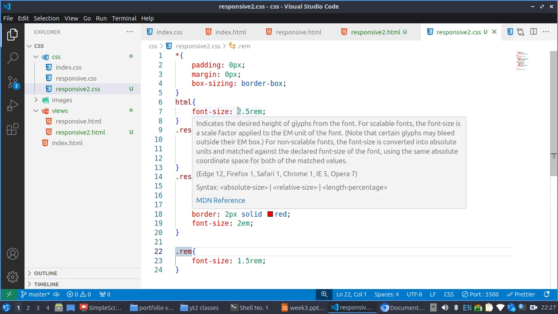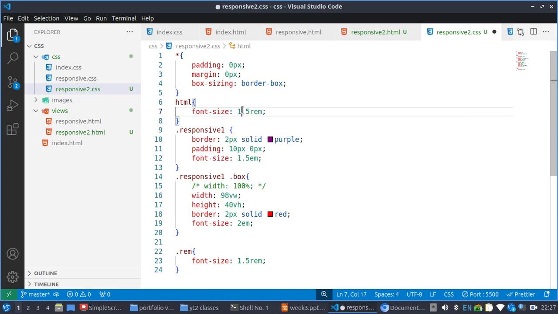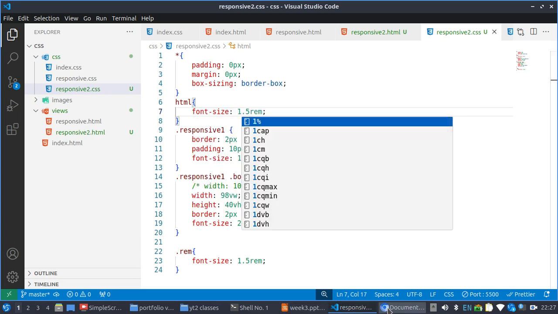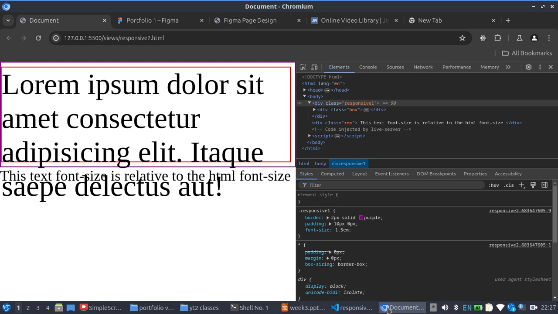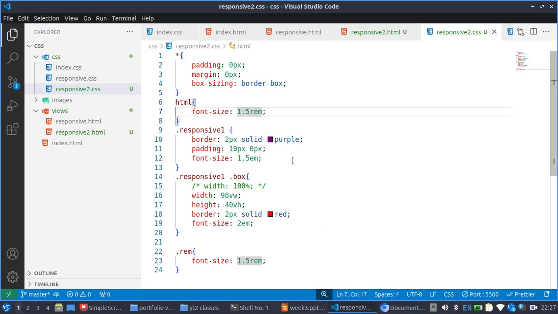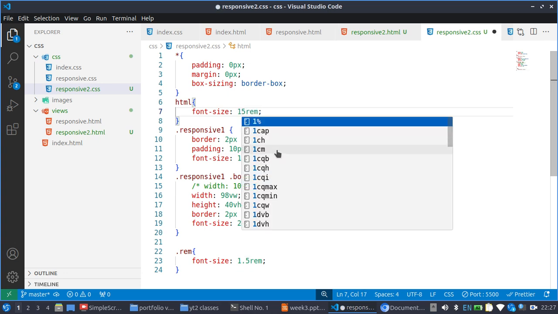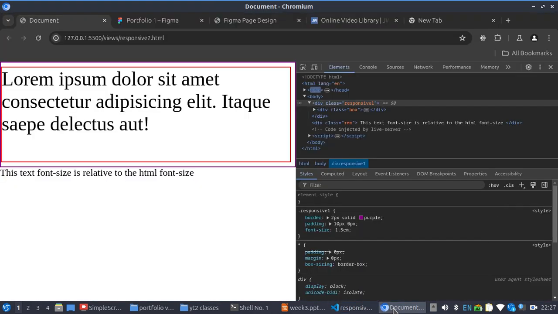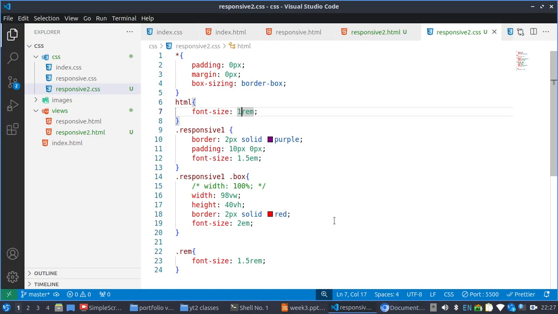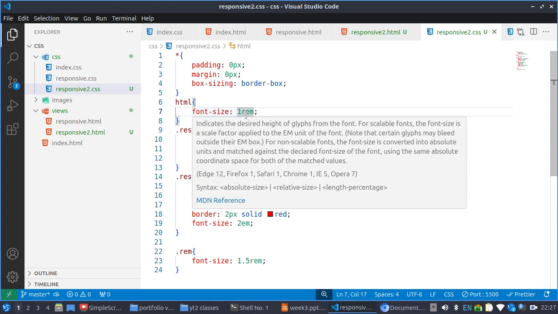If you multiply this, by default is 2.5, so it's going to be very, very large. So that is it for the rem and em. One rem looks like this. See the default. So from what we have done, you notice that increasing that of the root element also has an effect on this,